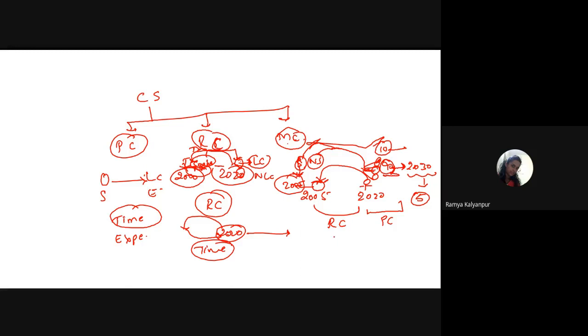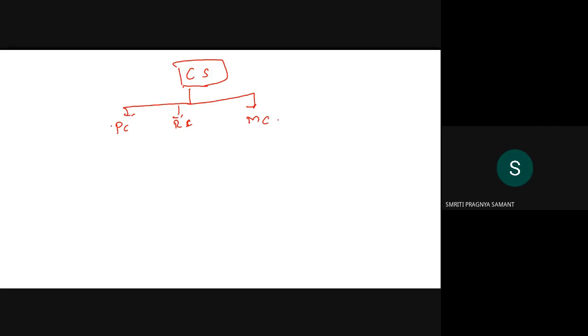So this type of design, where there is a combination of retrospective and prospective, we call it a mixed cohort study design. Understood, students? Clear with this? So for cohort study, it is prospective cohort, then retrospective cohort, then again we have got mixed cohort. So you need to know the difference between these three.